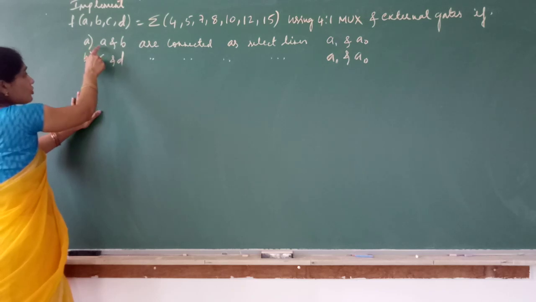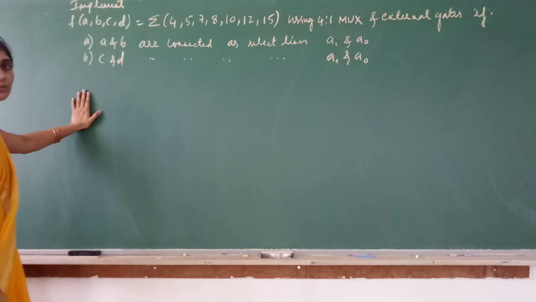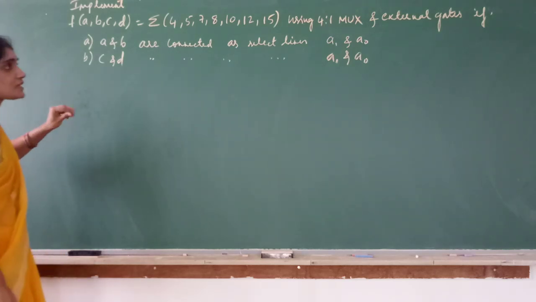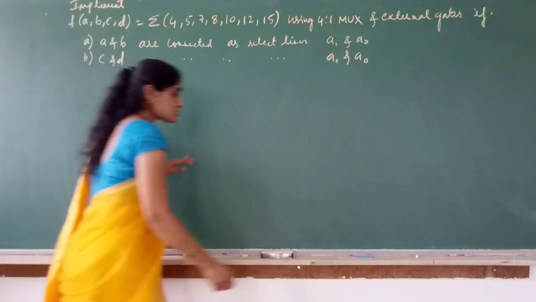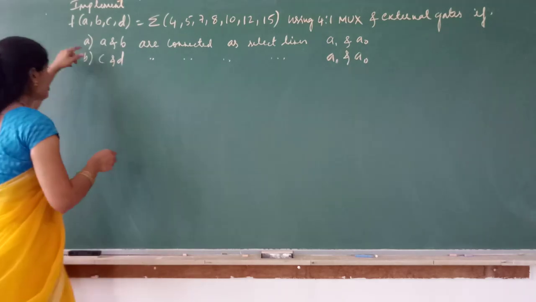because in a 4:1 multiplexer we have only 2 select inputs. And in the first one they have told us to use AB as select, in the second part they have told us to consider C and D as select inputs. So to solve this problem, it's better we go for the K-map method. So I'll write a 4 variable K-map as the given function is of 4 variables.